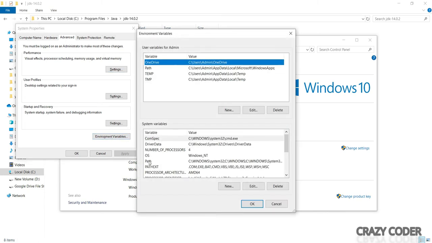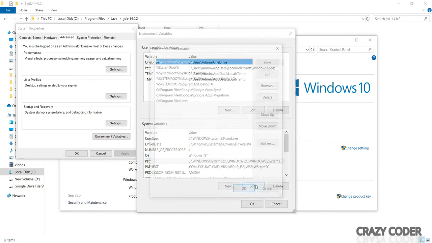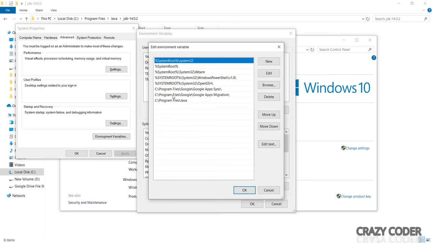We can see then the path variable. Now we have to edit this path variable. Okay, we have to add that path over here. I will click on path and then I will click on edit. Now these are all the paths that are added over here. I have to create a new one.